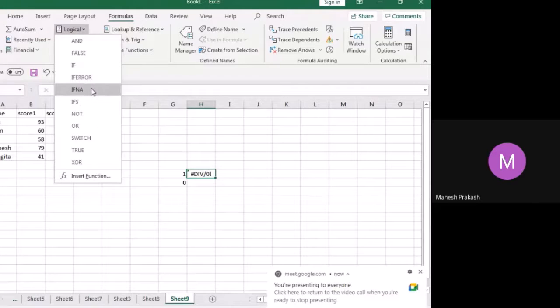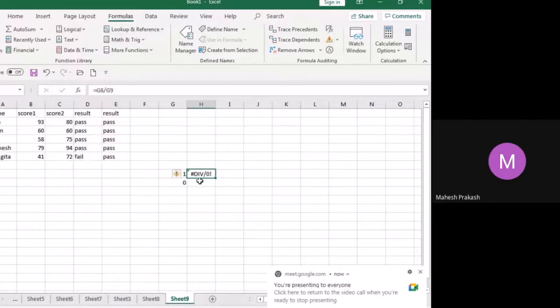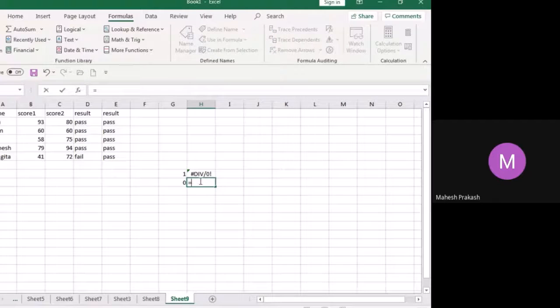Okay. So we can put IFNA. What you have to do, you have to put equal to IFNA. It says value specify resolves NA, otherwise returns the result. The value, what I'm saying, this is the value, comma, value if NA, I'll put 0.